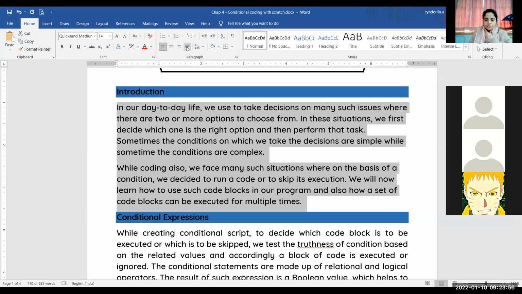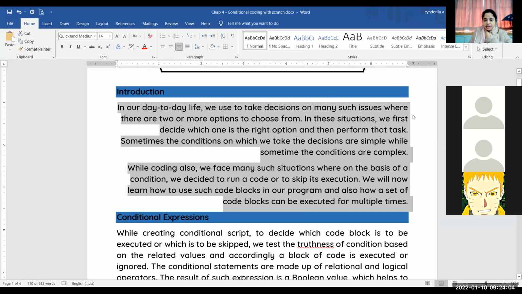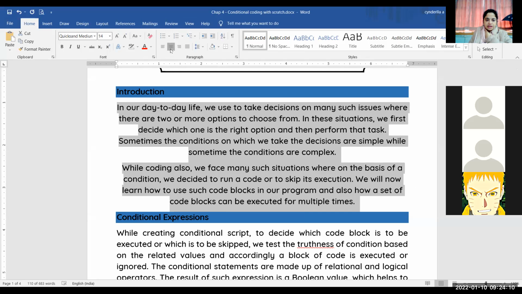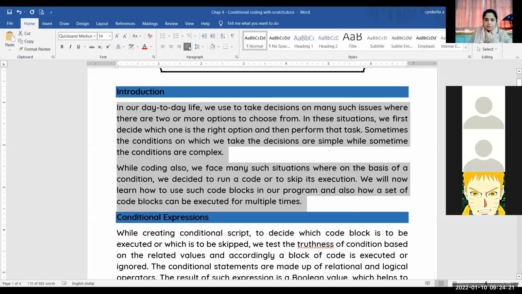नजर आ रहा है difference दोनों में? This is left. Left side evenly है, but right side ragged है. Right align करेंगे तो right side even है, but left side ragged है. Uneven है. ठीक है? Center में करेंगे तो all the text starts from the center. Both the left and right are uneven. But if we give justify paragraphs, so paragraphs are usually typed in justify alignment. Now both the sides are even.